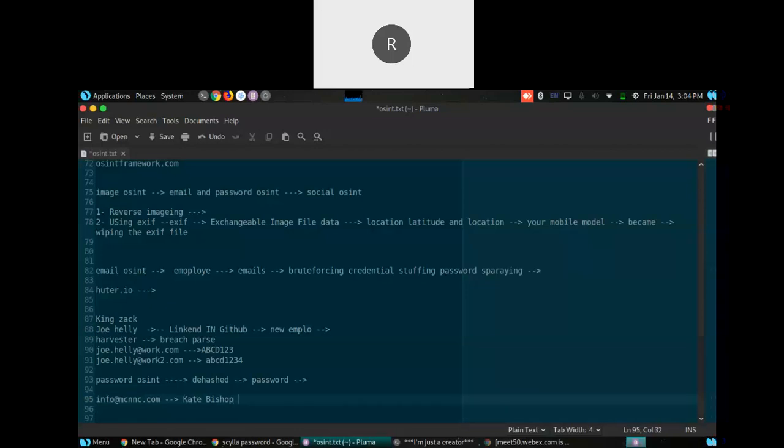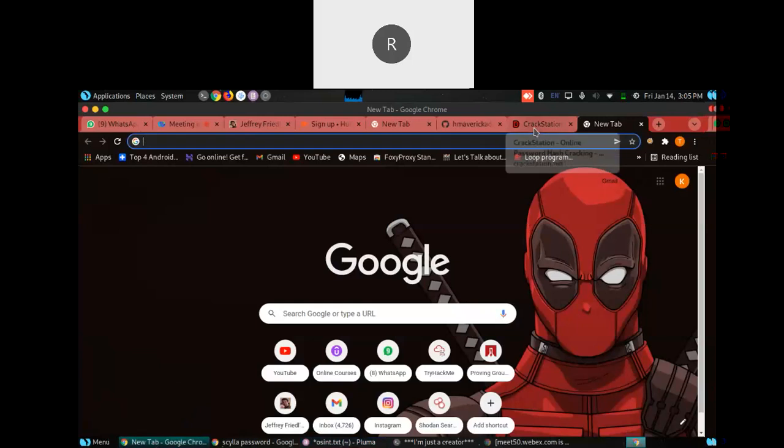something like KA, hidden, and P at gmail.com. So you can easily find out it's Kate Bishop. It depends on how much information you gather. The main thing is from where you are gathering the information: from the footprints which that person has left over the internet.